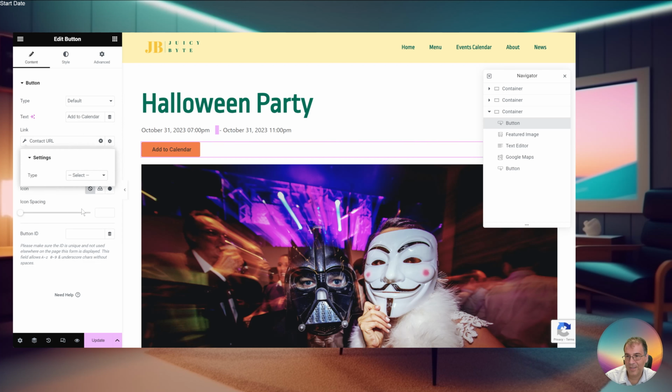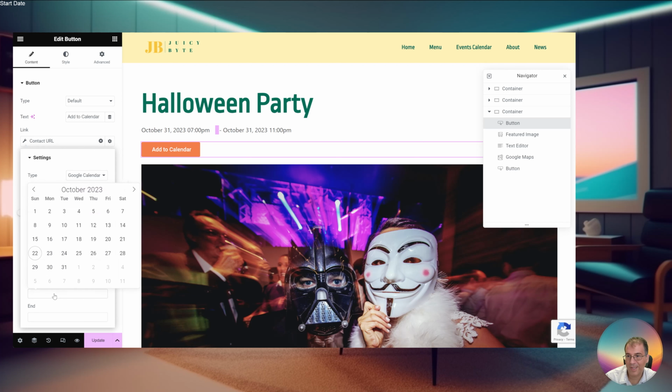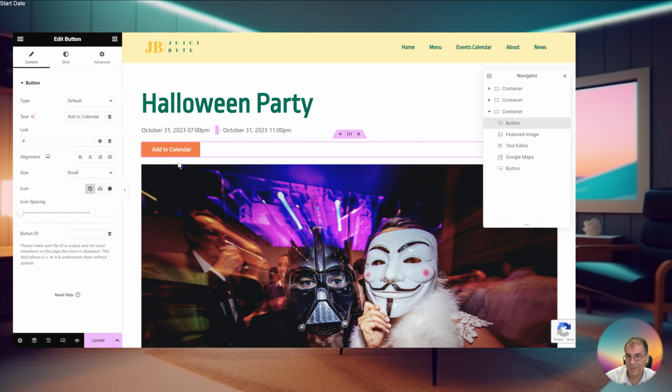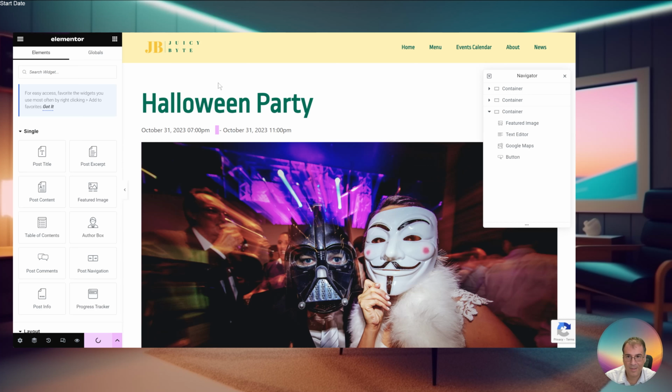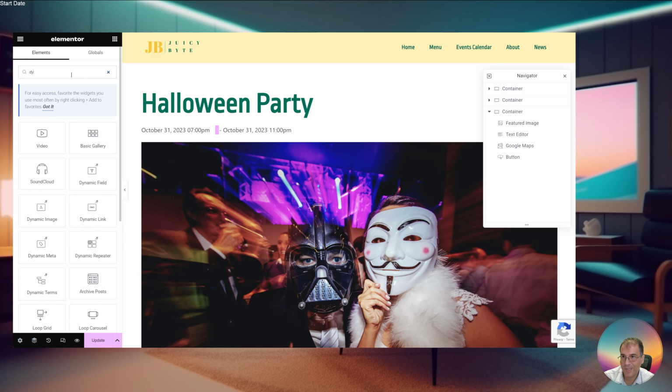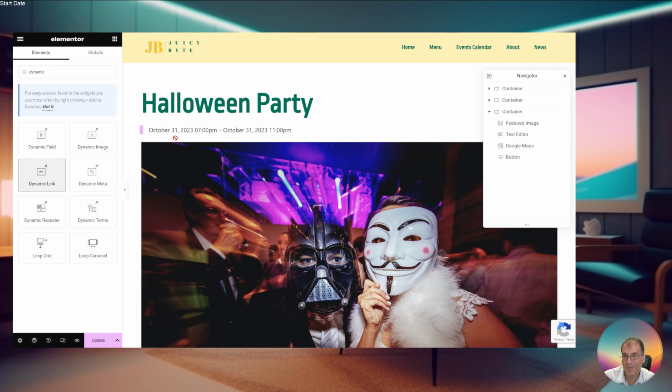you'll see that you have an option for Google Calendar, and this will open up a widget where you can manually select a date. You can manually put in description, location, and title. But when you have dynamic content, this just doesn't work. So let me go ahead and delete this, hit update, and show you how to do it in a dynamic way. Since we're using JetEngine, we'll be able to take advantage of their dynamic link widget. So we're going to type in dynamic, find the one that says dynamic link, and drag that